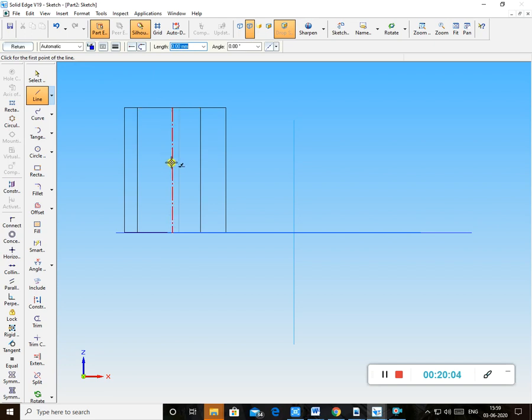Okay, now this is the midpoint here, so from the midpoint I'll draw a line. How much angle do I want to maintain with the axis? 60 means I have to maintain how much with the horizontal? 30. Same thing I am doing here. So 30 degrees. So it goes up to here. So this I'll extend back.